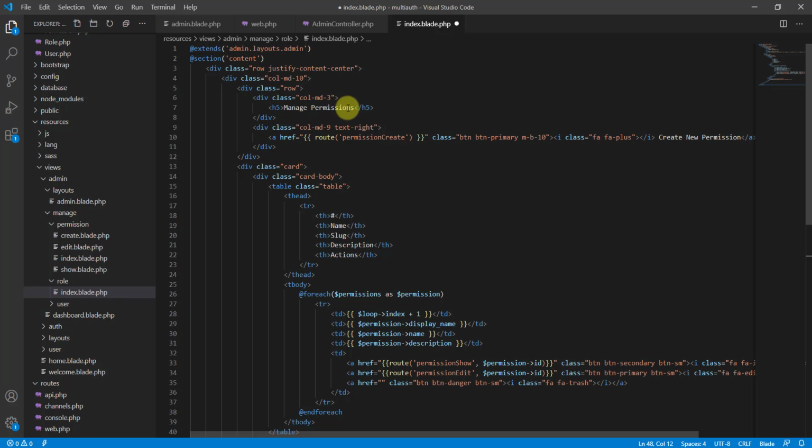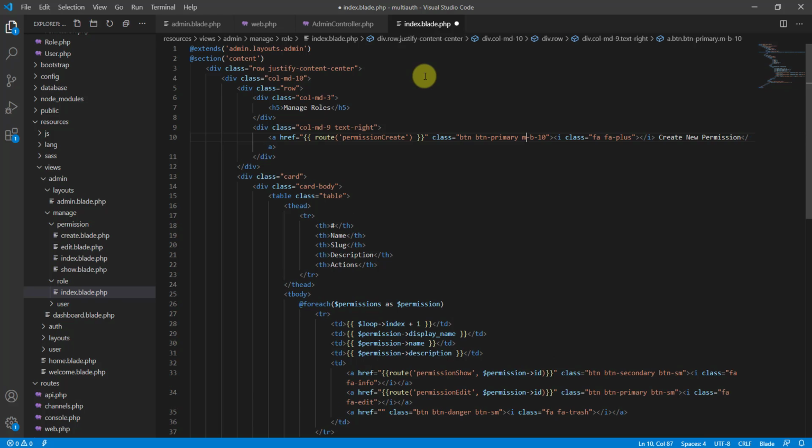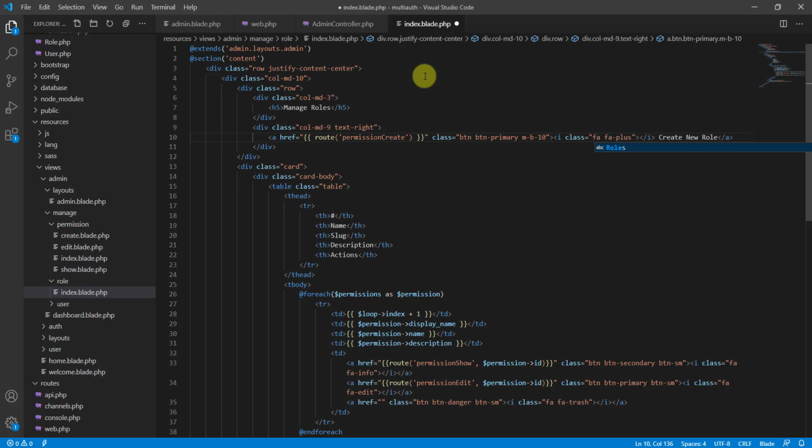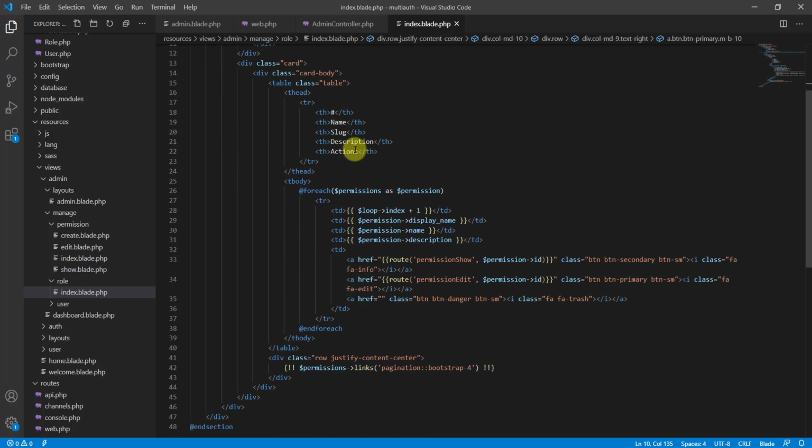Now let's customize it from the top. So instead of permission, let's say roles, and leave the permission create route for now because we don't want to have any errors. And for the text, let's say create new role,